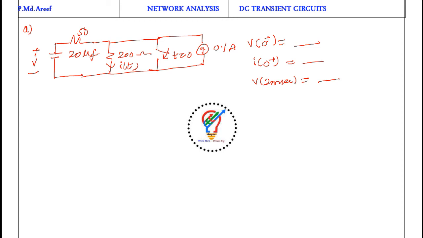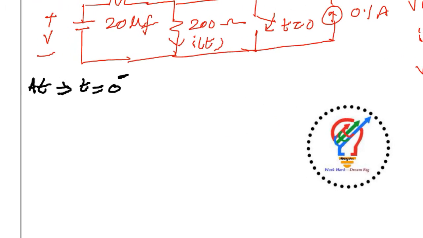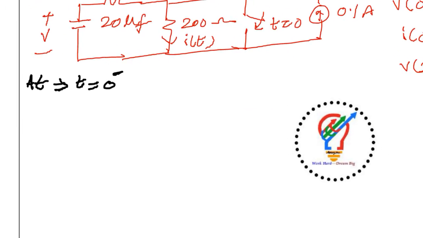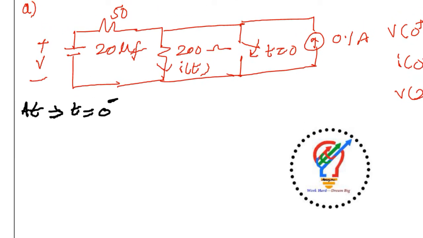So the first condition in any circuit analysis, DC transients, is first take t is equal to 0 minus. Once you take 0 minus, it means how the circuit will behave. Is the switch in open position or closed position? At t is equal to 0, I am closing the switch. That means the switch, let's name it S, S is open. When you open the switch,